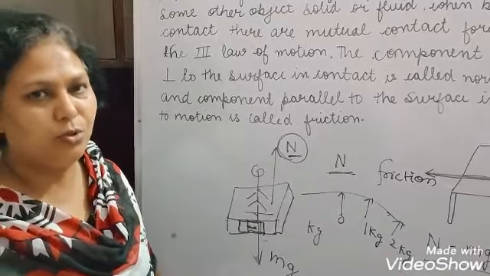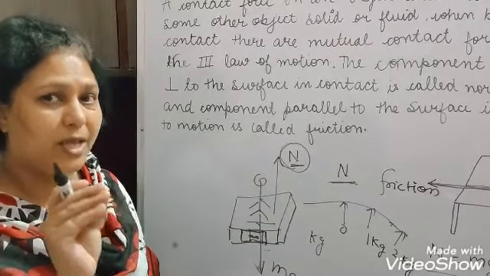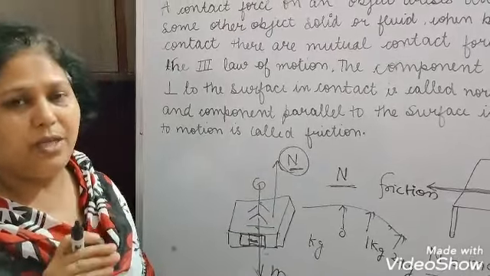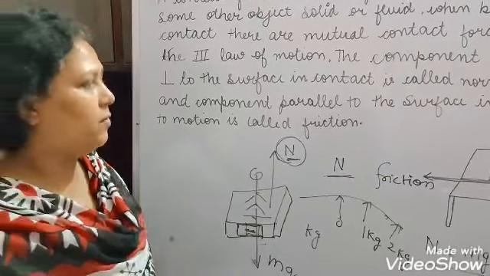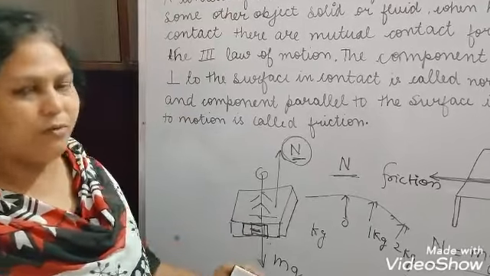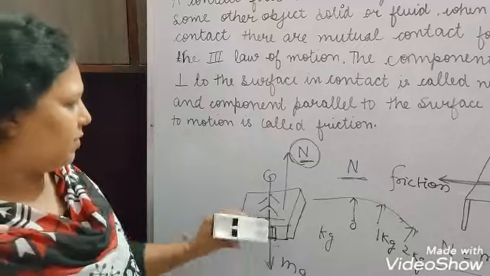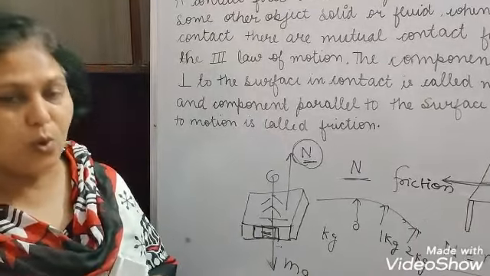Suppose I am telling you my weight is 60 kg, that means it is 60 multiplied by 10, and that will be equal to 600 Newton. Okay, so we'll solve this type of question. It means: what would be the weight of a person on a weighing machine in different cases, if we say the weighing machine or the lift.